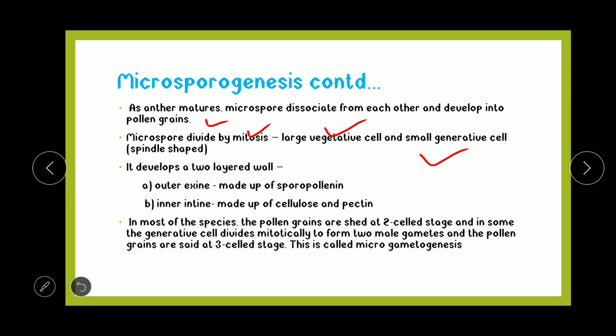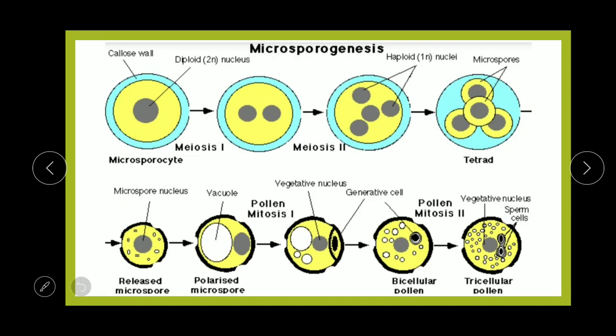Okay, asymmetric division. You can see here meiosis 1 is taking place in the microsporocyte or microspore mother cell. Now this is a 2-cell stage after meiosis 1. After meiosis 2, this is a 4-cell structure, the tetrad, you can see here. After the microspores are released, they divide asymmetrically, forming 2 nuclei, vegetative nucleus and generative nucleus, and this is followed by cytokinesis.